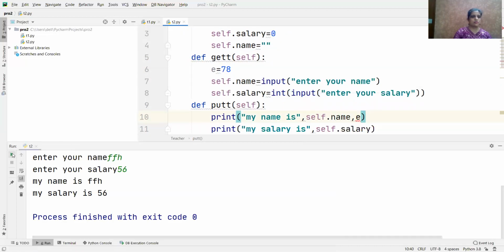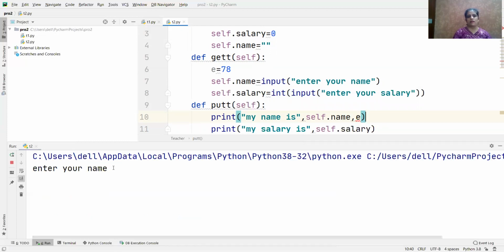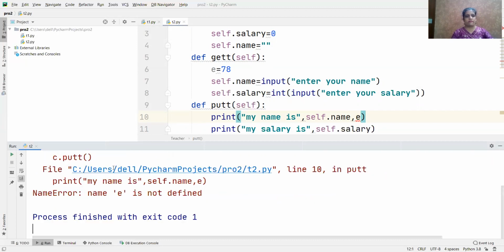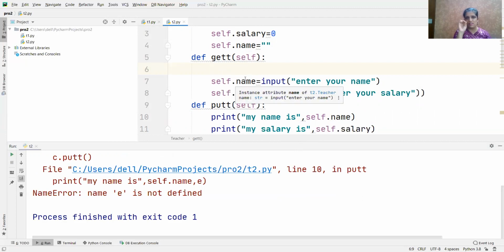Let me execute this. But now it becomes your local variable right now. Name e is not defined. अच्छा ये ऊपर मैंने अभी define नहीं किया ना. Oh, this is showing the error. चलो, I was telling this part. ठीक है. Let me remove this right now. चलो, ठीक है. तो I was telling कि variables which are declared in these functions are local, and the variables which are here are the instance variables. Fine. So I hope this topic is clear to you all.